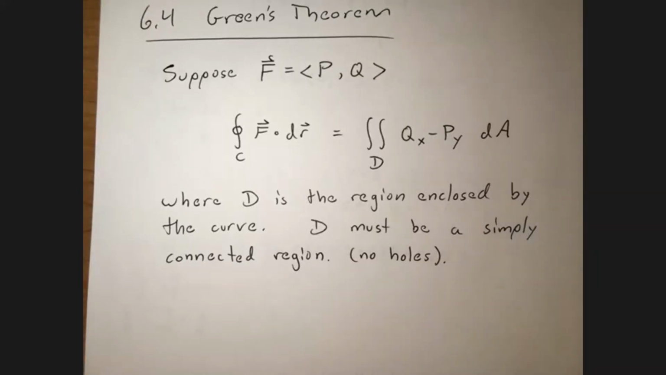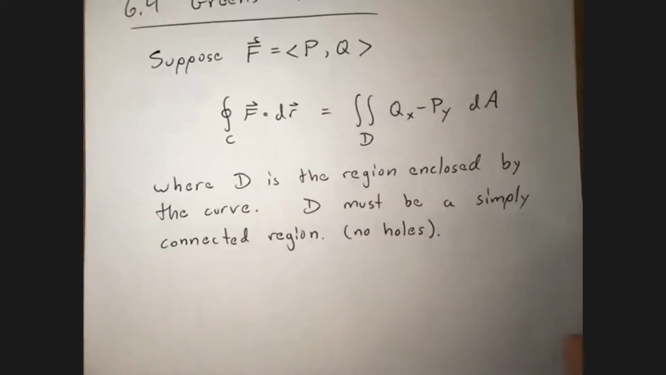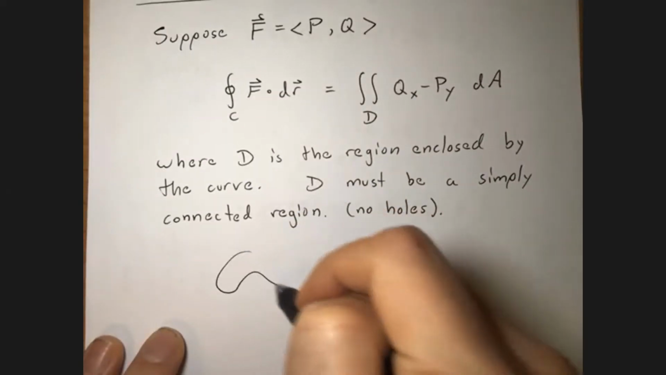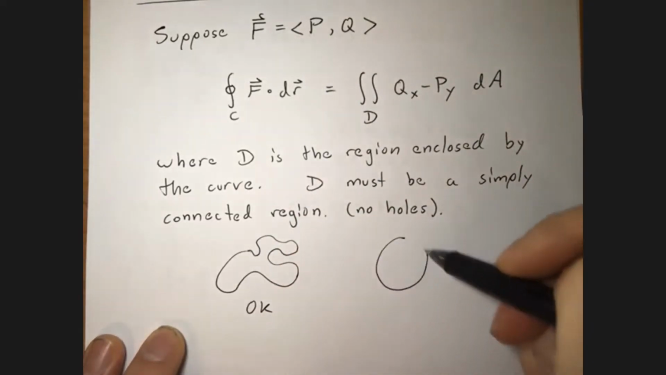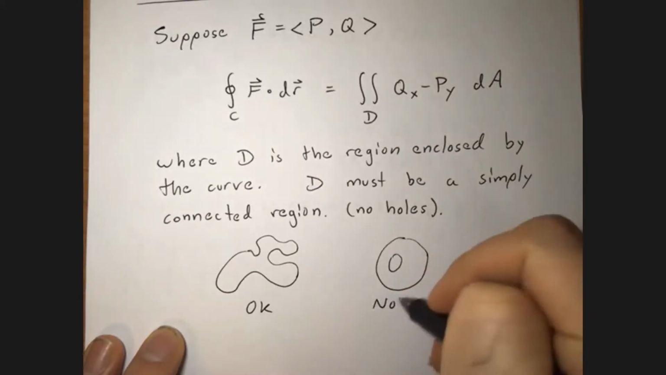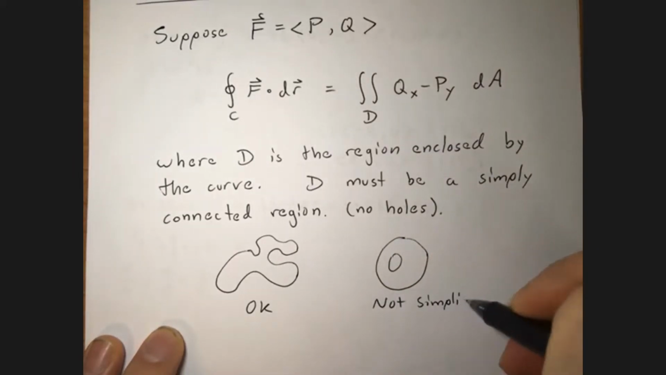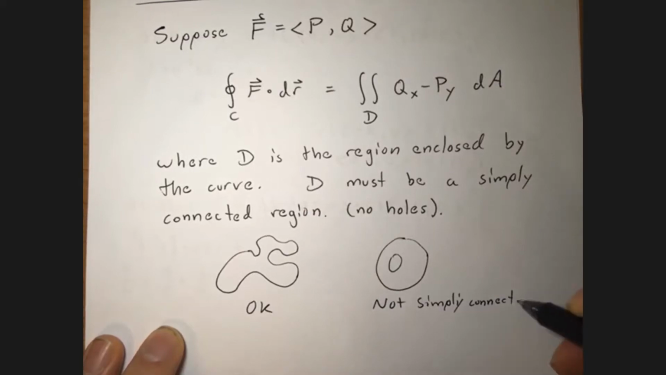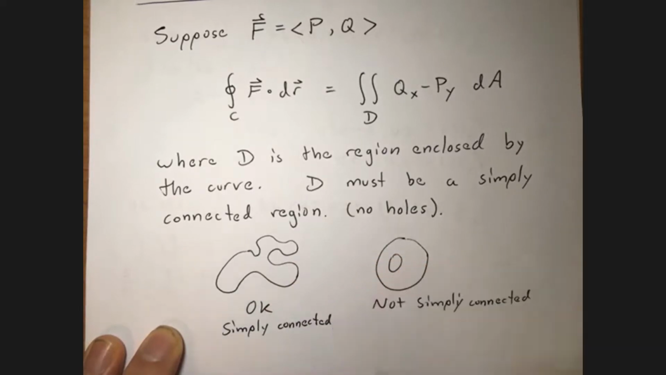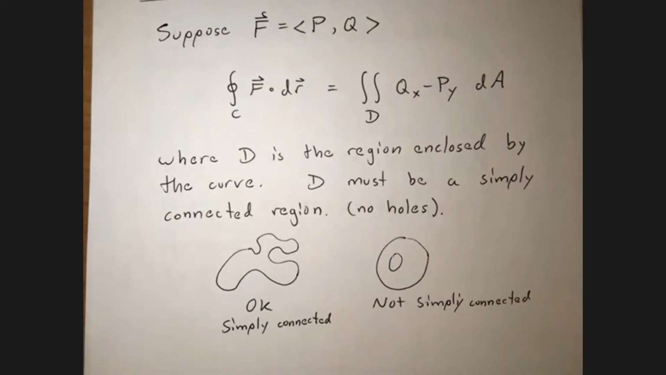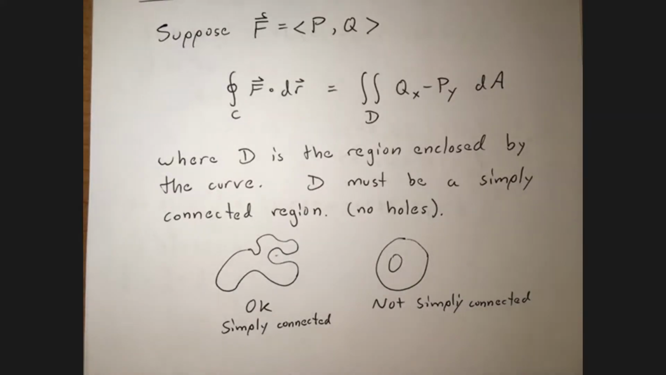Let's go back to the paper here. Let me just draw a picture down here. So you can have a crazy, crazy region. This is okay, right? But something that's not okay would be something that had a hole in it. This is not simply connected. This is simply connected. But if you have a region that doesn't have any holes in it, so you can represent it as a single closed curve like this, then